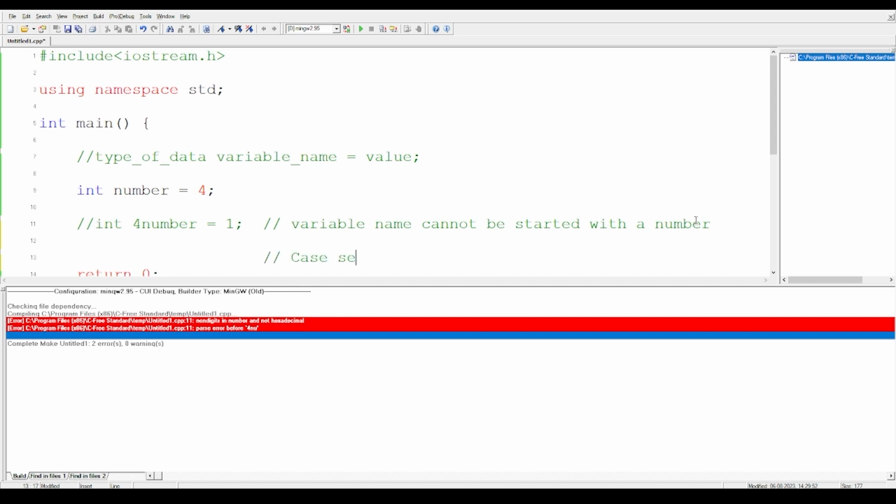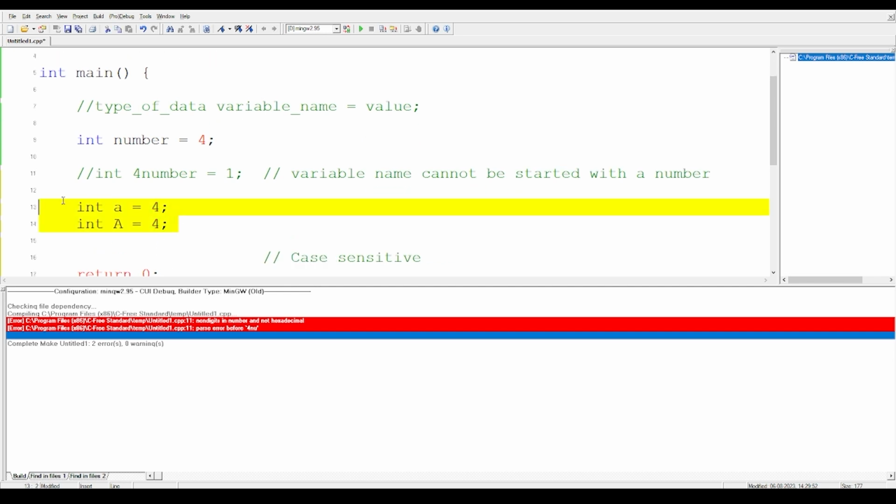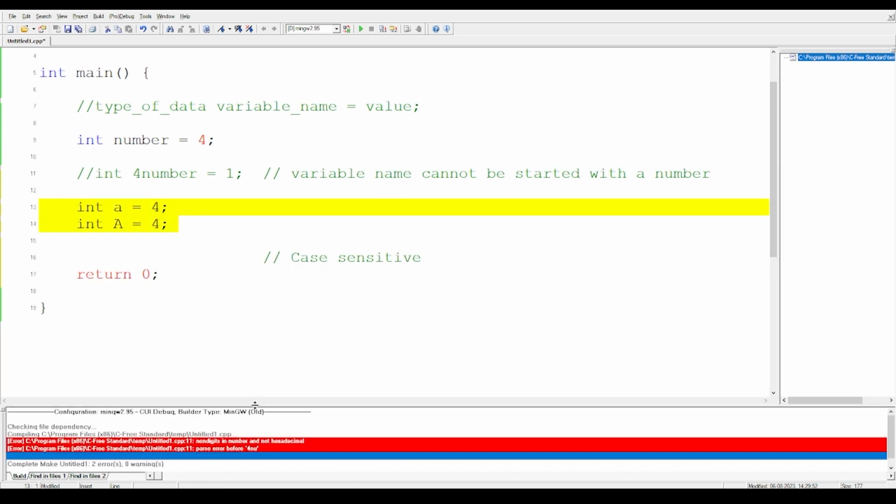What does it mean? Well, when you talk about variables, if I write a variable, let's say int a equal to, let's say 4, and in the next line I'm writing int A equal to 4. Now they are different variables. They are not the same. Small a and capital A, they are both different. So they are case sensitive. So don't get confused between them, they are completely different variables. Small a is a different variable, capital A is a different variable. So that is what we call a case sensitive variable.